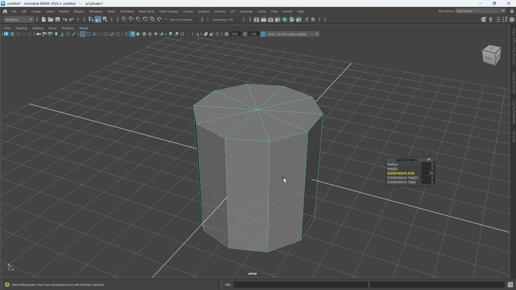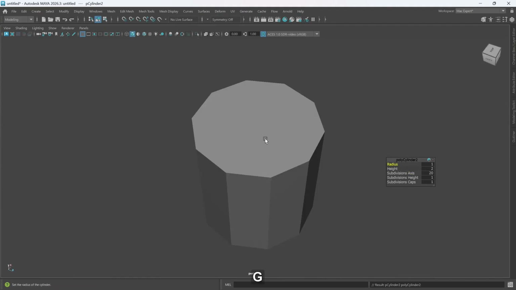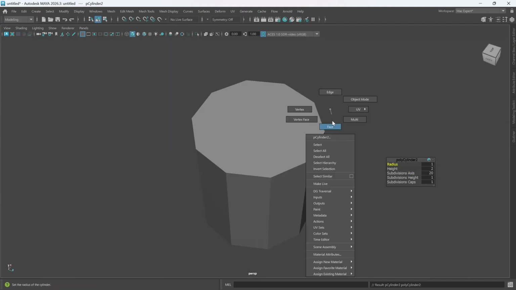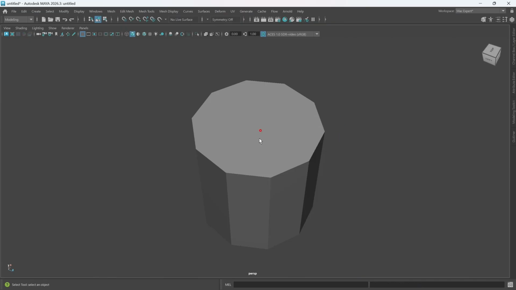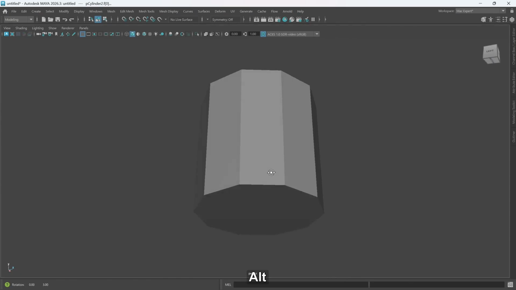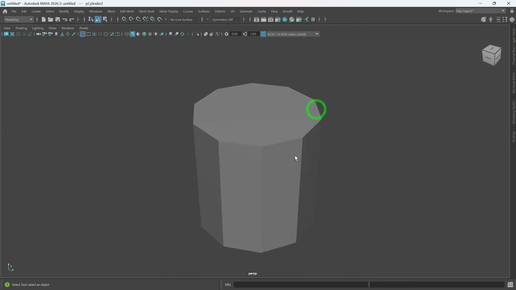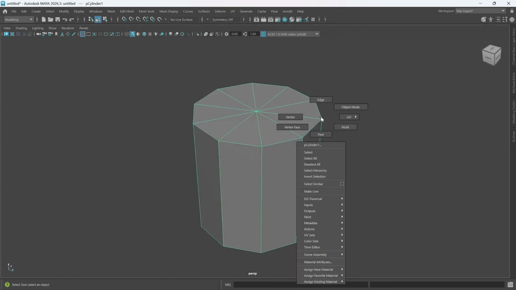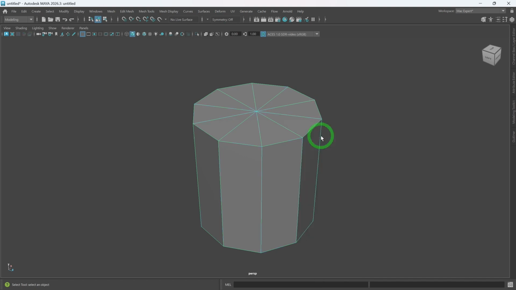Now you are going to understand the reason why I did this. For the mug, we did it because of the handle, and for this, you are going to understand the reason why I did it. Okay, now we can turn off the grid and go into the face mode. For this, let's go into the object mode, select this object and go into the face